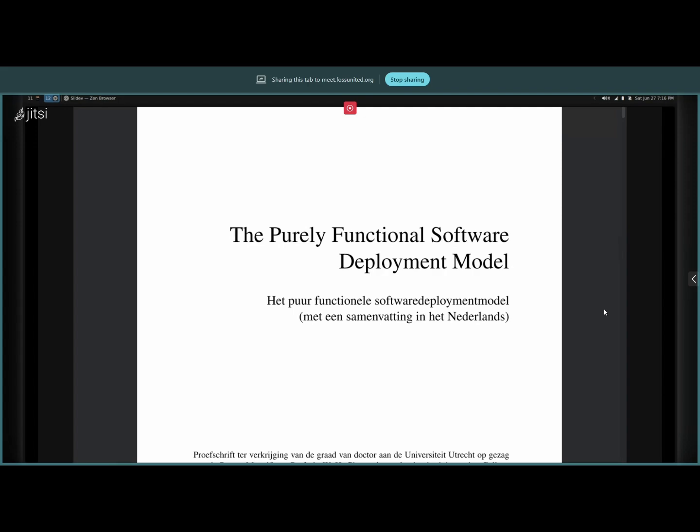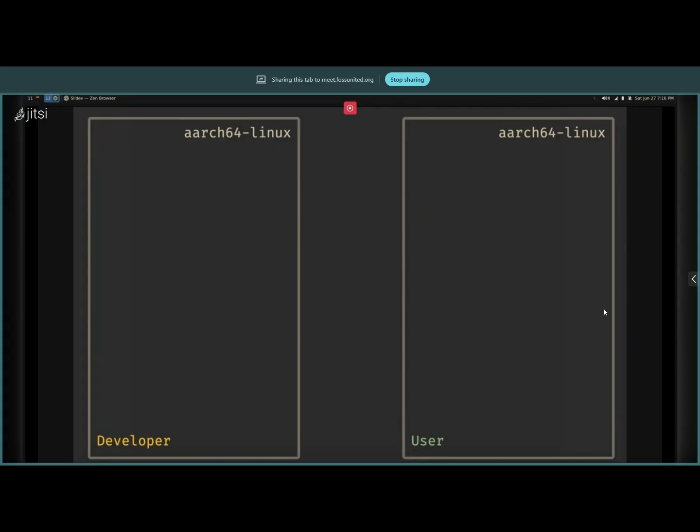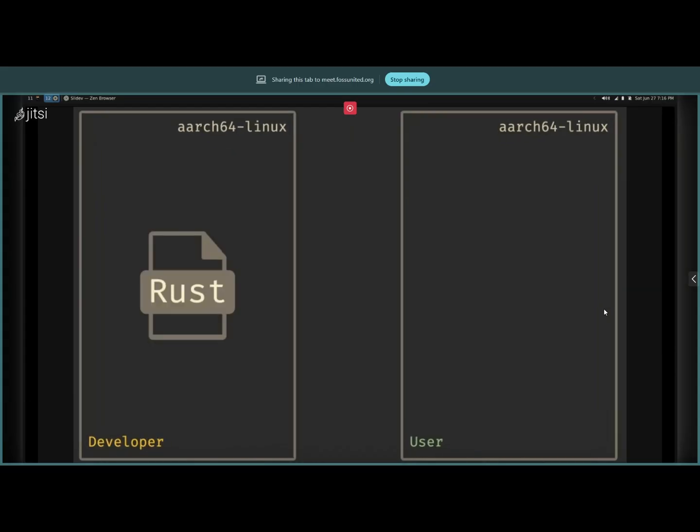So the idea of it basically goes around, to give you a gist of how software is packaged, especially between open source and closed source packages. There are some things that you want to know. For example, let's say I have some Rust code. I am a developer, and I made an application in Rust, right?